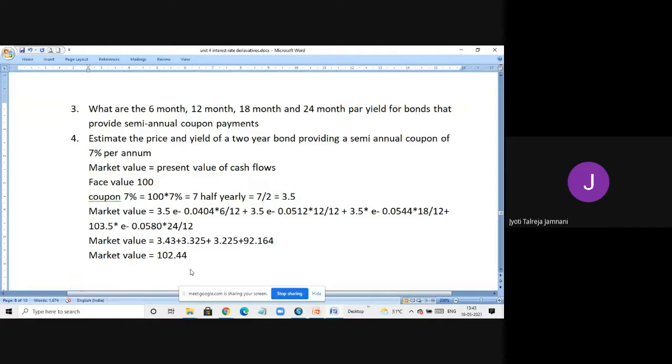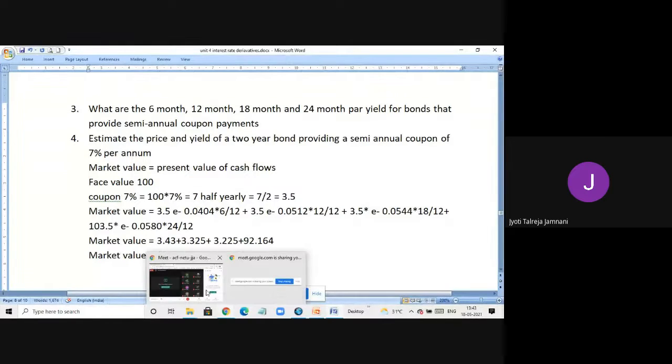Only thing is we were finding that R there minus R into 6/12. Here we know the R values because you solved the first section of this question. We are now finding the market value by just changing the interest rate from $8, it has become $7. So what will happen to the market value? Am I audible to all of you?